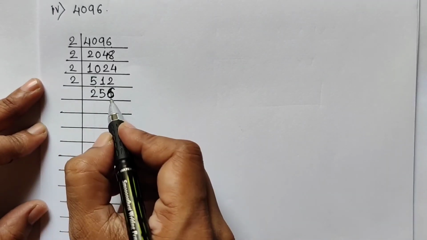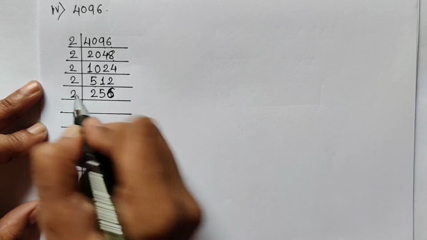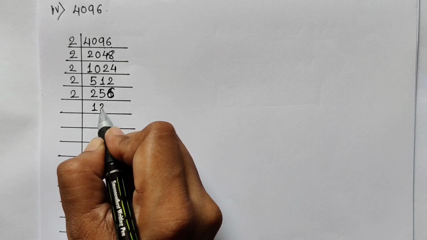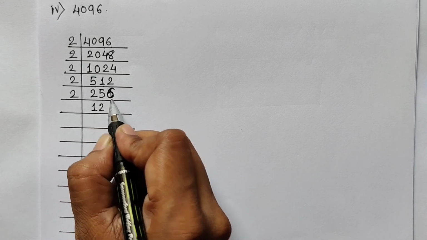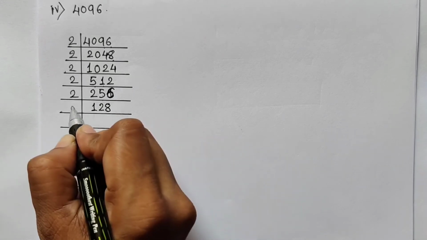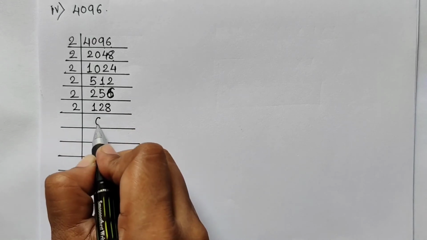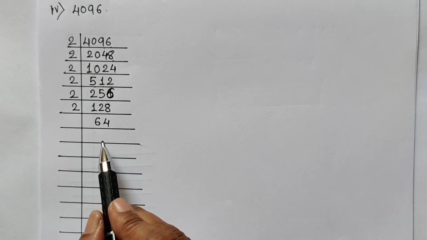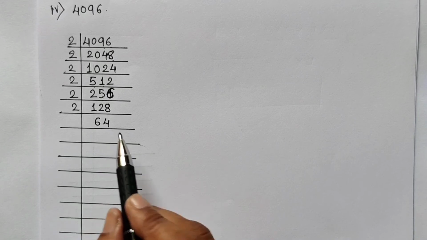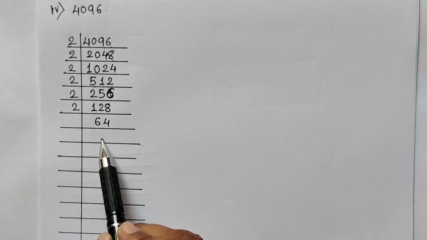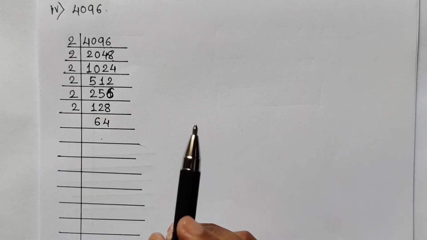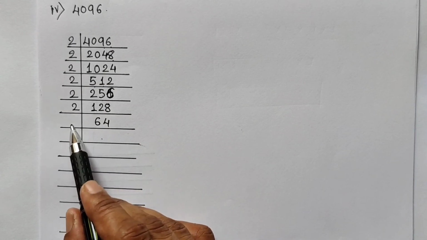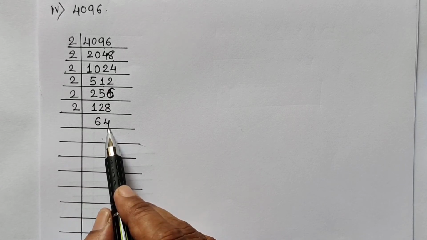Now 6 is there in the unit place, that means again 2 will come, we have to divide by 2. 2 1s are 2, 2 2s are 4, 5 minus 4, 1 remaining, this 6 means 16, 2 8s are 16, again we can divide by 2, 2 6s are 12, 2 4s are 8. From 64 we get the idea, it is the square of 8. So you can directly write 8 8s are 64 and 8 1s are 8. But those who are not understanding, they can again divide it by 2 because 4 is in the unit place.